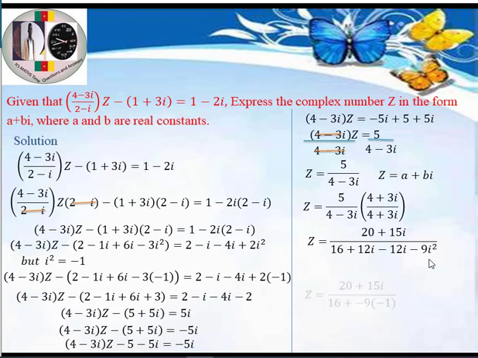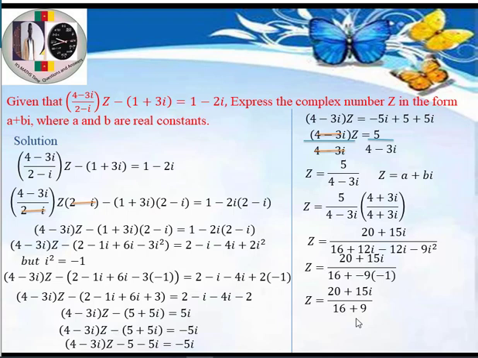So we are going to have z is equal to 20 plus 15i divided by 16 plus minus 9 times minus 1 for i squared, because 12i minus 12i is 0, so they are gone. So minus 9 times minus 1 is plus 9. So we are going to have 20 plus 15i divided by 16 plus 9,